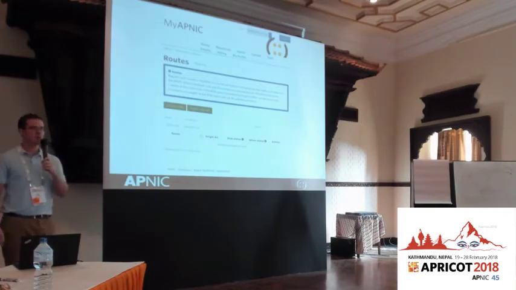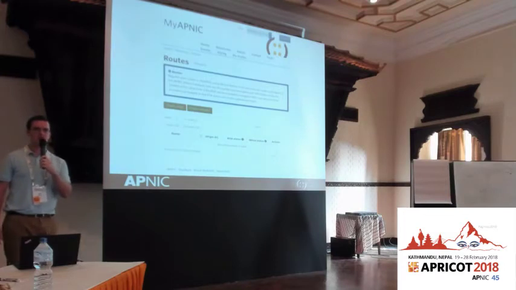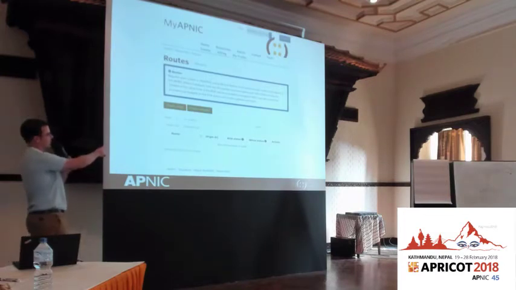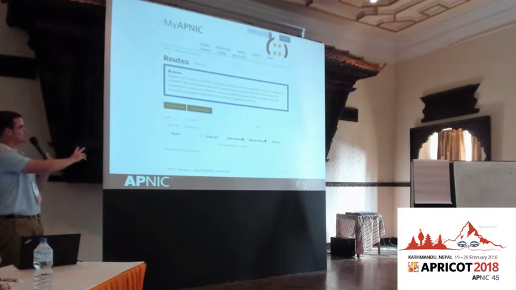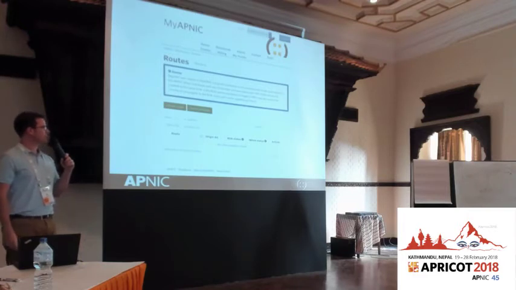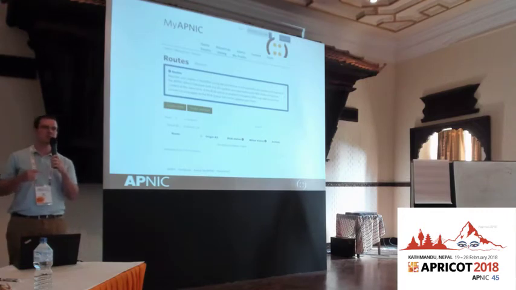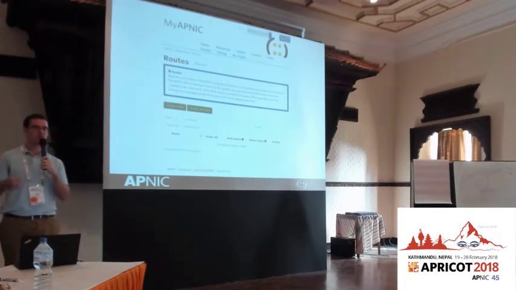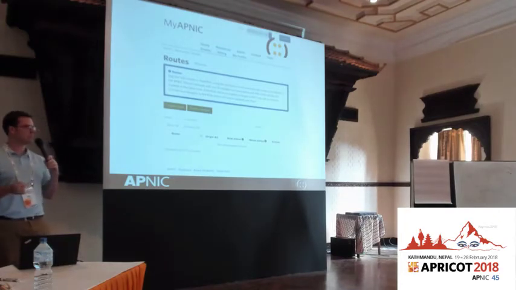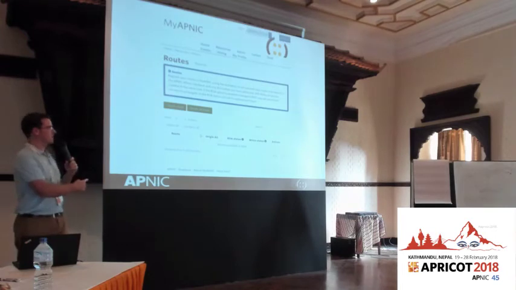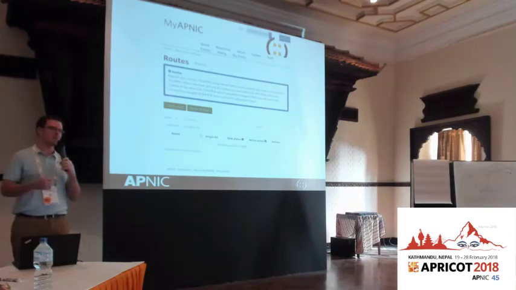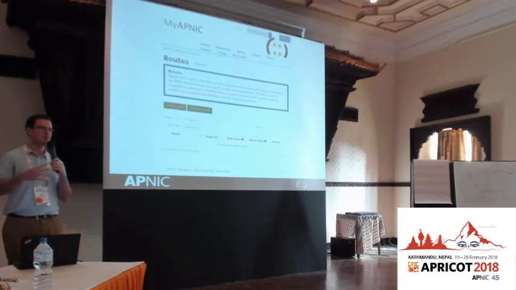If you're already using the route management page to manage Whois route objects, then there'll be entries in this table at the bottom. But in this test system, that wasn't the case, so it was empty. One thing that may also happen when you're doing this in production is that there will be options there for importing from Whois and also importing from BGP. So if you have route objects registered for your prefixes and you come here, then it will ask you if you want to register them in this system as well, so that you can manage them for both Whois and RPKI together.